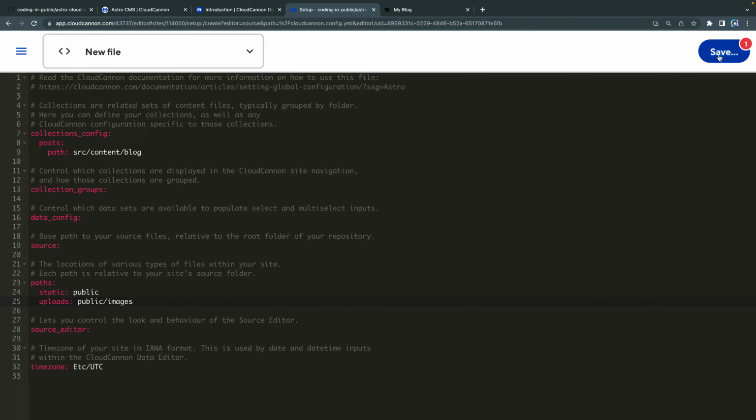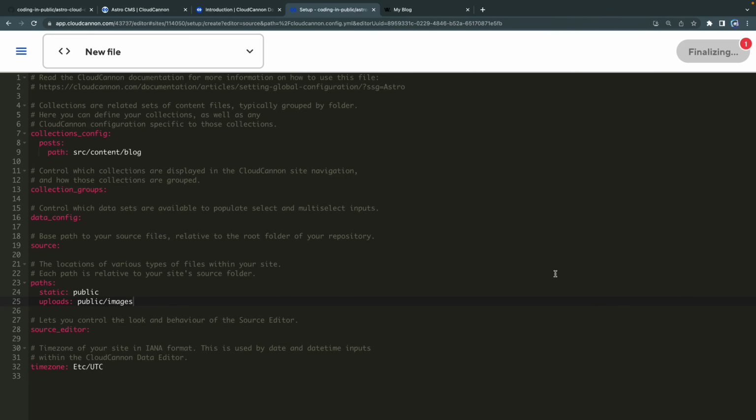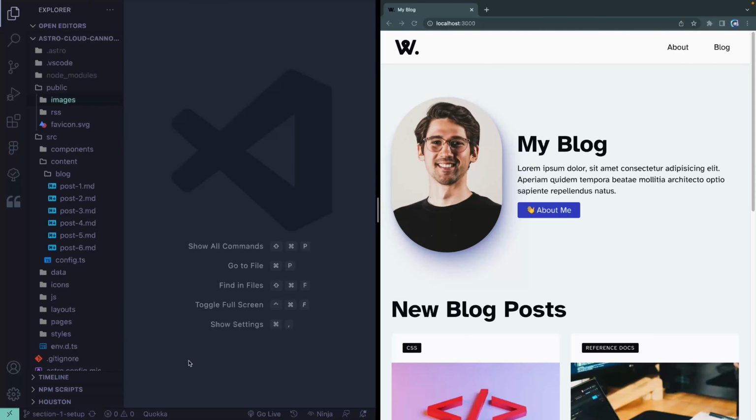Now, you're going to notice that as soon as I click save, it's going to do a couple of things. Number one, it's going to ask me if I want to confirm that, and I'll say yes, and then it will upload them and commit them for me. Now, that's going to push it all up to my repository. That means if I come back over this way and I go ahead and sync and pull that all down,